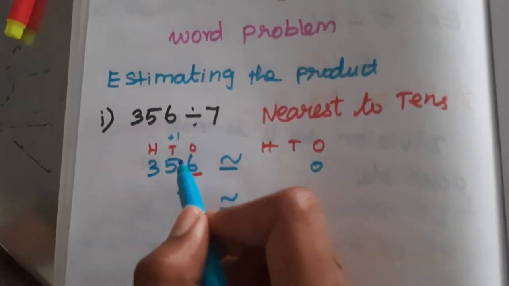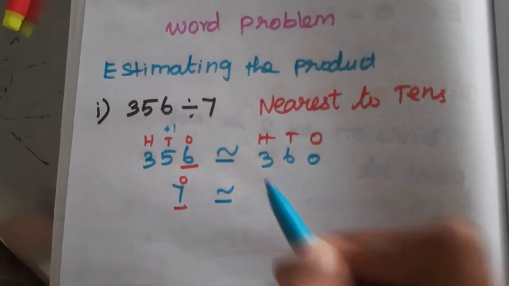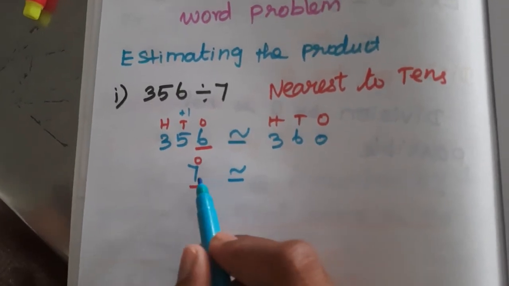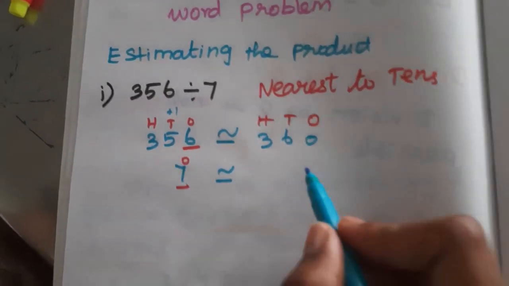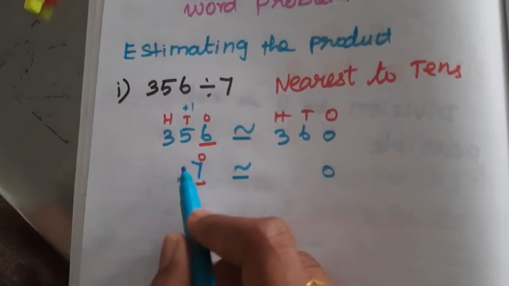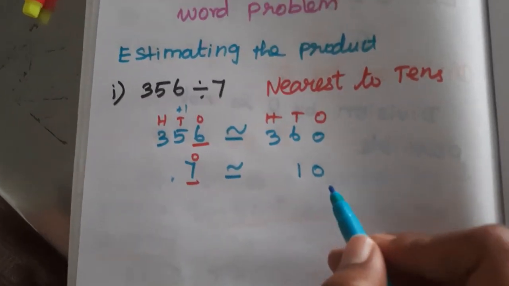Now I am going to add 1. So it is changed to 6. Remaining places you write as it is. Okay. So see the next one, 7 in ones place. 7 is more than 5. So put 0 in ones place. Add 1 in tens place. But no number is there. So directly we have to write the 1. So the answer is 10.